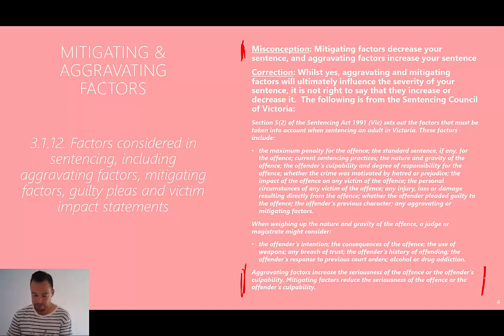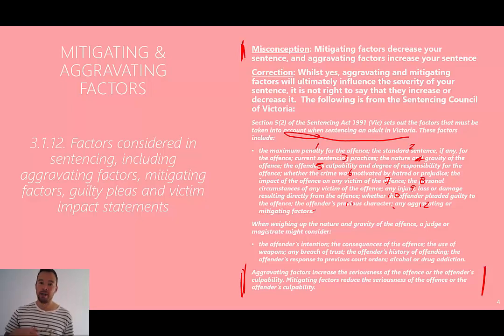And if we look again at the Sentencing Council of Victoria's information about this, you'll see factors that need to be taken into account when sentencing an adult. And if we look at the number of things the judge needs to consider here, 1, 2, 3, 4, 5, 6, 7, 8, 9, 10, 11, 12. So the judge is considering this really wide range of things, including aggravating and mitigating factors, but also things like the maximum penalty for the offence, what a standard sentence is if there is one, current sentencing practices, so that will include looking at cases that are similar, whether the crime is motivated by hatred or prejudice,